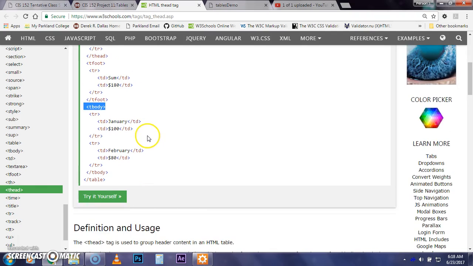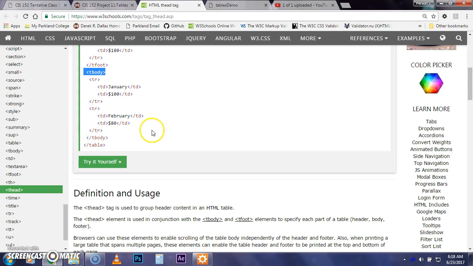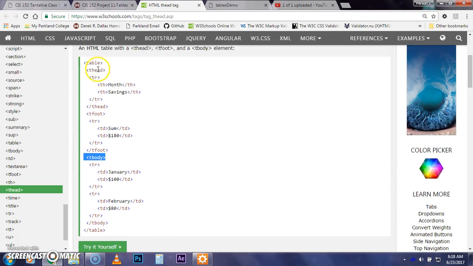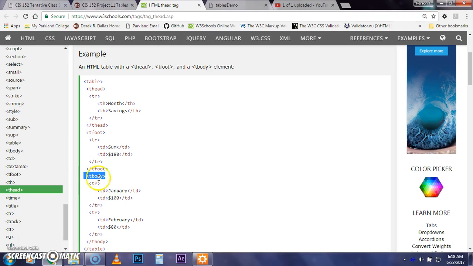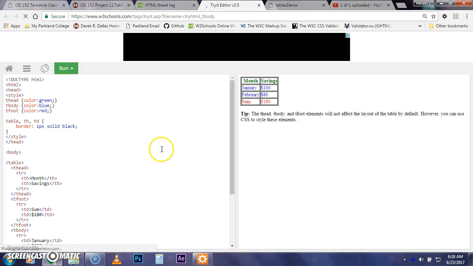I can specify these that'll go into the foot region, and I can specify this that goes into the body region. Now, look at the order: it's out of order. We have a head, we have a foot, we have a body, whereas you would think you would have the header region, then the body, and then the foot would be at the end. So if we look at this and say try this yourself,